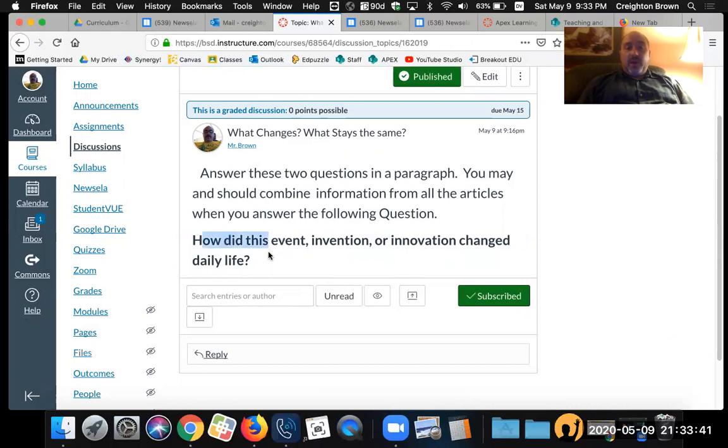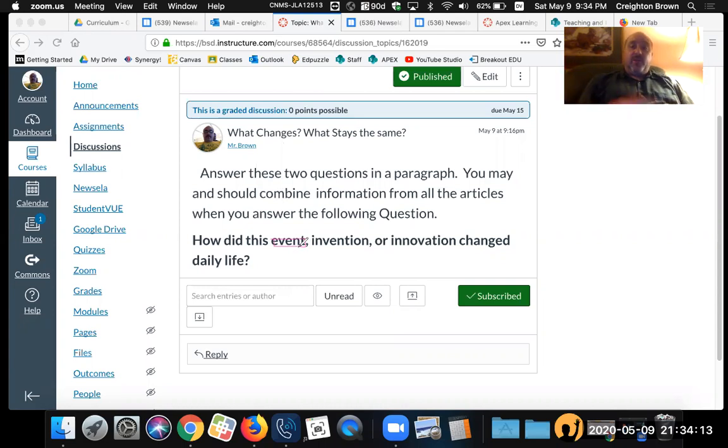So the question you're going to answer when you're thinking about this is this: how did this event, invention, or innovation change daily life? So let's just take a second and talk about this real quick. The first thing I want to do is right here, event. Event could be something like building a railway, or an event could be a war, or an election, or something that happens in history.